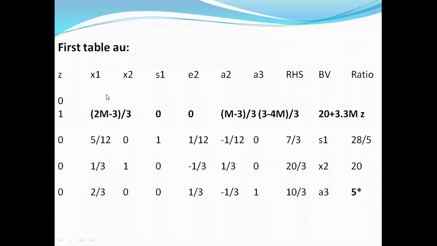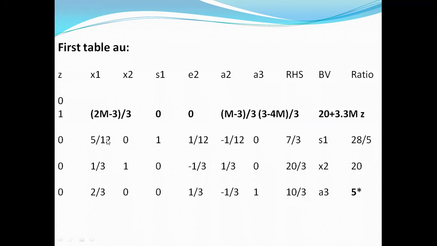X1 is nothing but sugar content, and simultaneously for the vitamin C also a similar formula as per the simplification factor. And we need to consider here the eliminated variables taken, the slack variable has been equated to 0 because those are eliminated, and equating to 0 in the sense we will be taking simply 0, and the addition of slack variable is nothing but the e value eliminated again, and we need to find only the two variables at the right hand side, that is a2 and a3, right? That is the adding of artificial variables. So that is equal to m minus 3 by 3 or m minus 4m by 3.